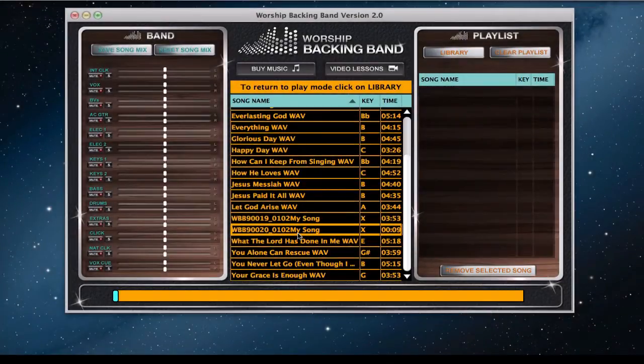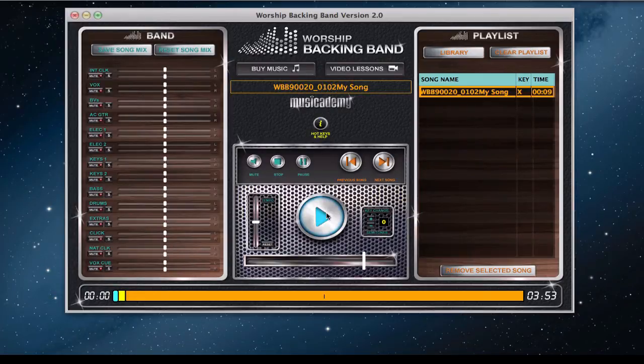Okay, so that's now imported into the library. It came up with a message asking me if I wanted to create a custom song, and I clicked accept, and here is the song, the one that I just brought into the library. So I can drag that into my set list and exit the library, and if I hit play we've actually got the track. Just check that it's there, there's the click,